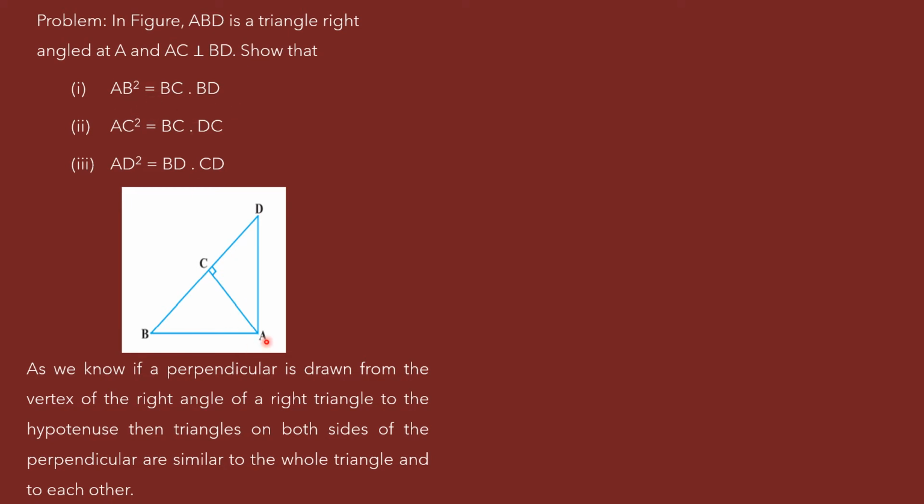Now I should take the triangles which include AB as one of their sides. I have to take two triangles for which AB is one of their sides. Now the two triangles are, one is ABC, very clear, in ABC, AB is one side, and ABD. In ABD also, AB is one side. Therefore, I should take those two triangles. I am taking triangle ABD, the large triangle ABD, which is similar to, in triangle ABD, the right angle is at A. Therefore, I should start with the right angle vertex.